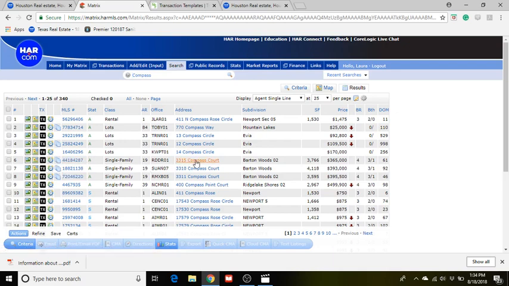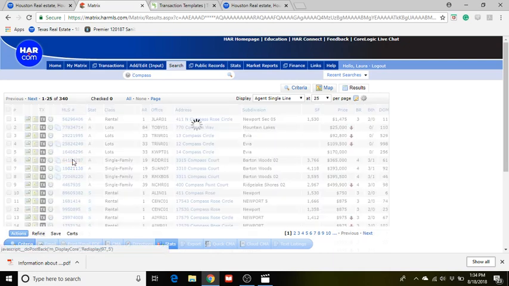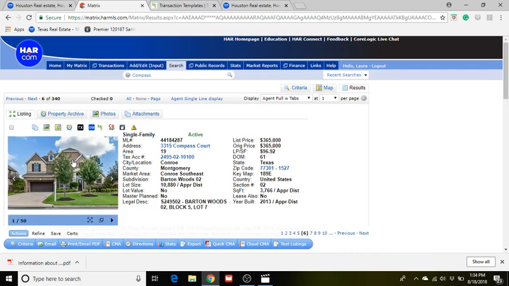and Mrs. Sunshine, and they want to write a contract on Compass Court, 3315. You're just going to select that property in Matrix. And they've decided they love the property, they want to write a full price offer, we're just all happy-go-lucky, everything's good. All you have to do, this is really, really simple, this little symbol right above the picture